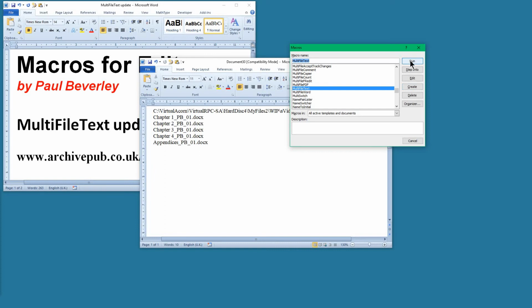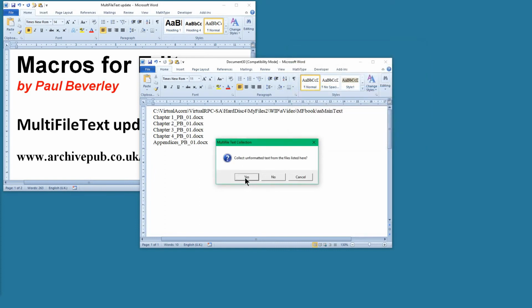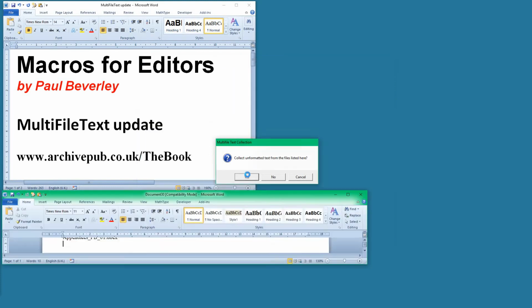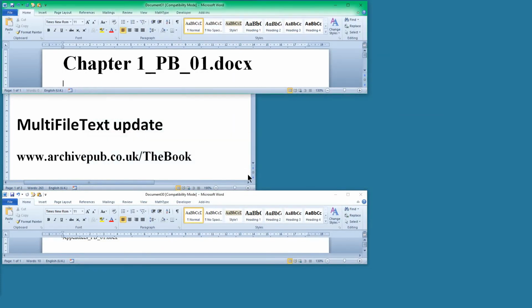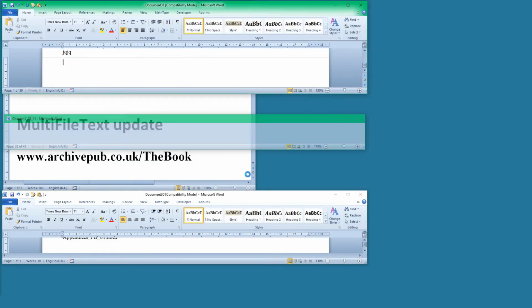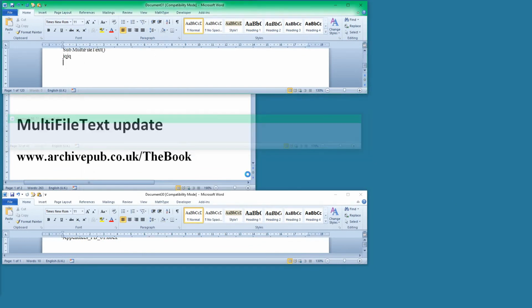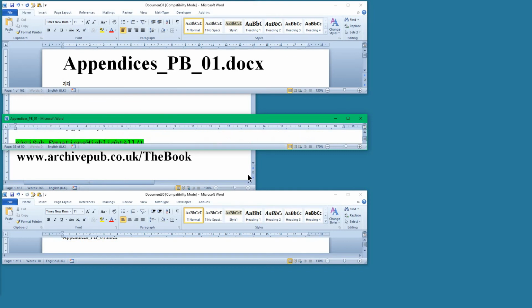MultiFileText, run, collect from this list, yes, that's right. So it goes through, and as you can see at the top there, it's giving you the names of the files as it loads them so that you can see how the thing is progressing. Gets to the end,